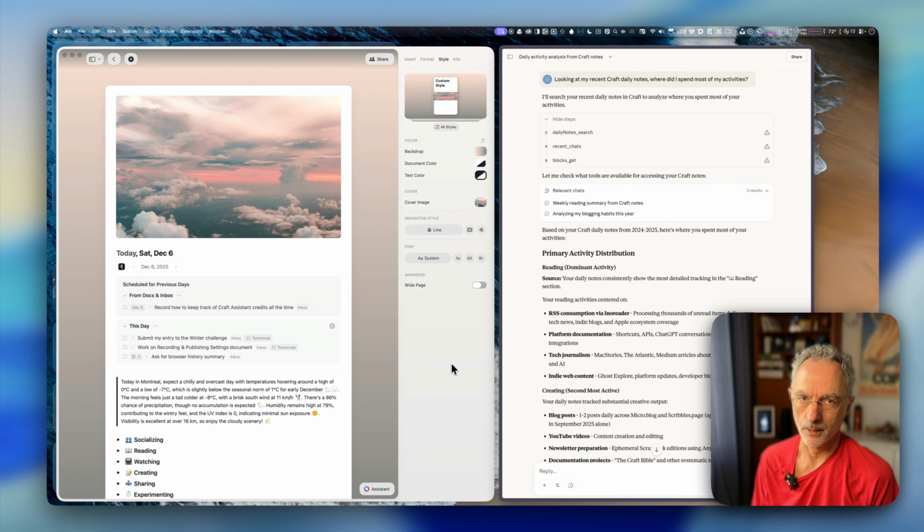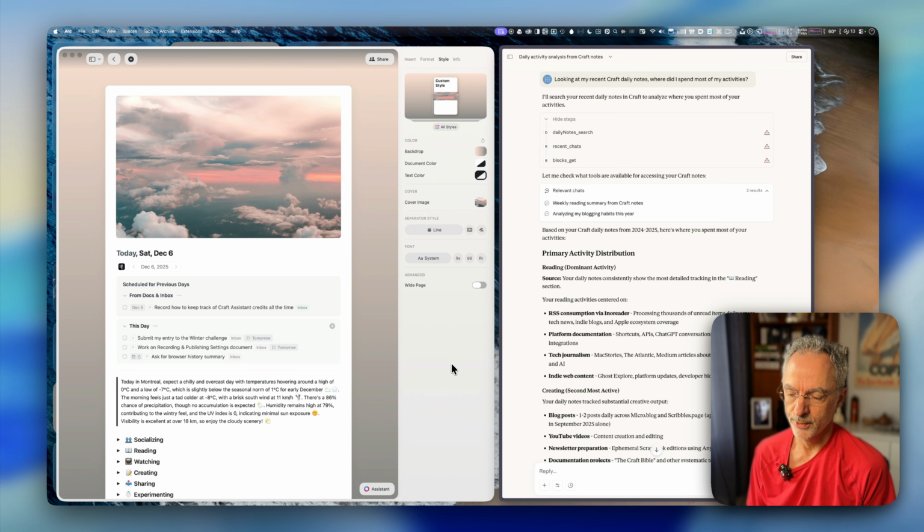As you know by now, the Craft team released support for using MCP with Craft, which means that you can have a client, for example ChatGPT or Claude, interact with your content, and from there you can ask any type of questions that you might have. Since I'm resuming using Craft Daily Notes since mid-October, I thought it was a good idea to test this process of going through MCP from Claude to ask some questions.